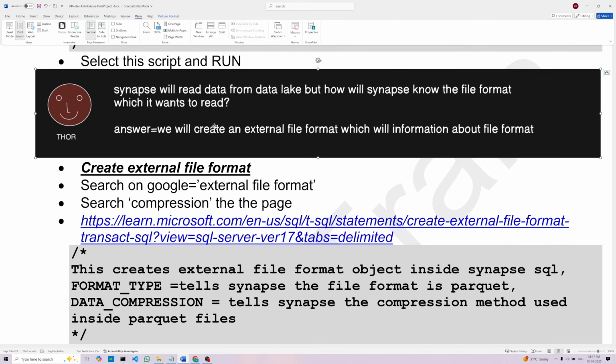Even though it has all the permissions to reach that data, still it does not understand the file format. We have to tell it explicitly. That's why we are creating all these variables, all these objects which we will use while creating external table. So we will create one more object called external file format, which will tell information